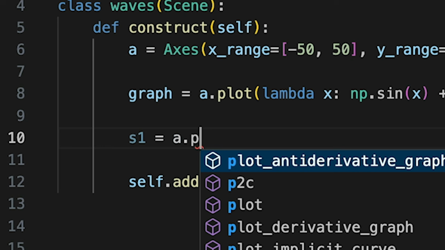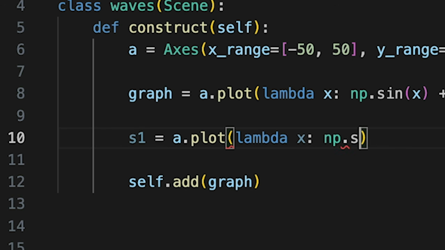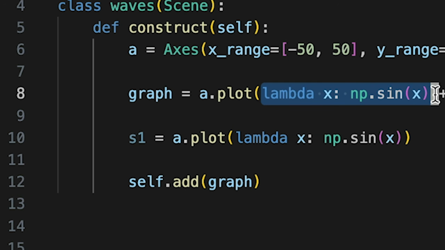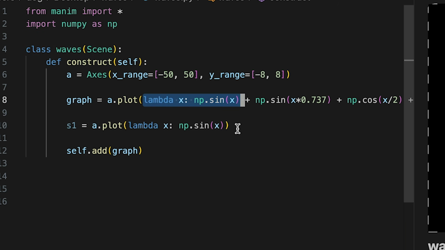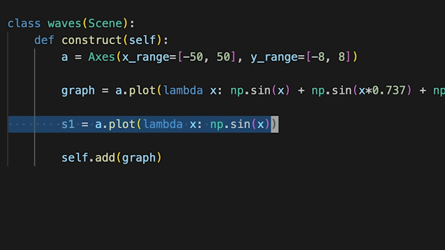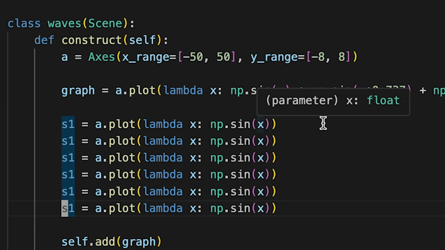So let's do a.plot, which essentially lets me create a function, and I'll say np.sin(x). So now I have this function here saved as S1. And essentially this function, this wave, is made up of a bunch of these functions, this one, this one, this one, and all the other ones. So right now I'll just copy this, paste it a bunch of times, and instead of sin x, I'll say